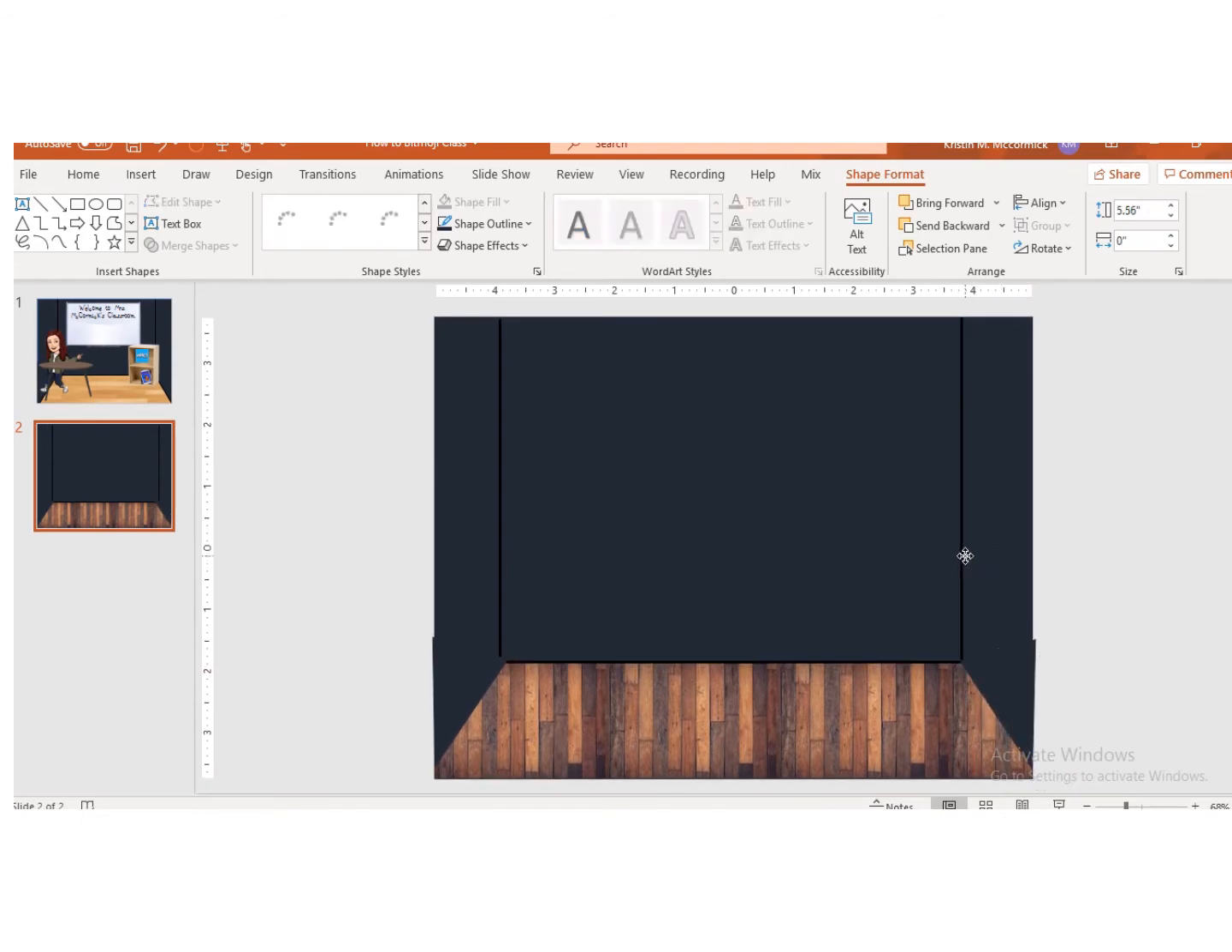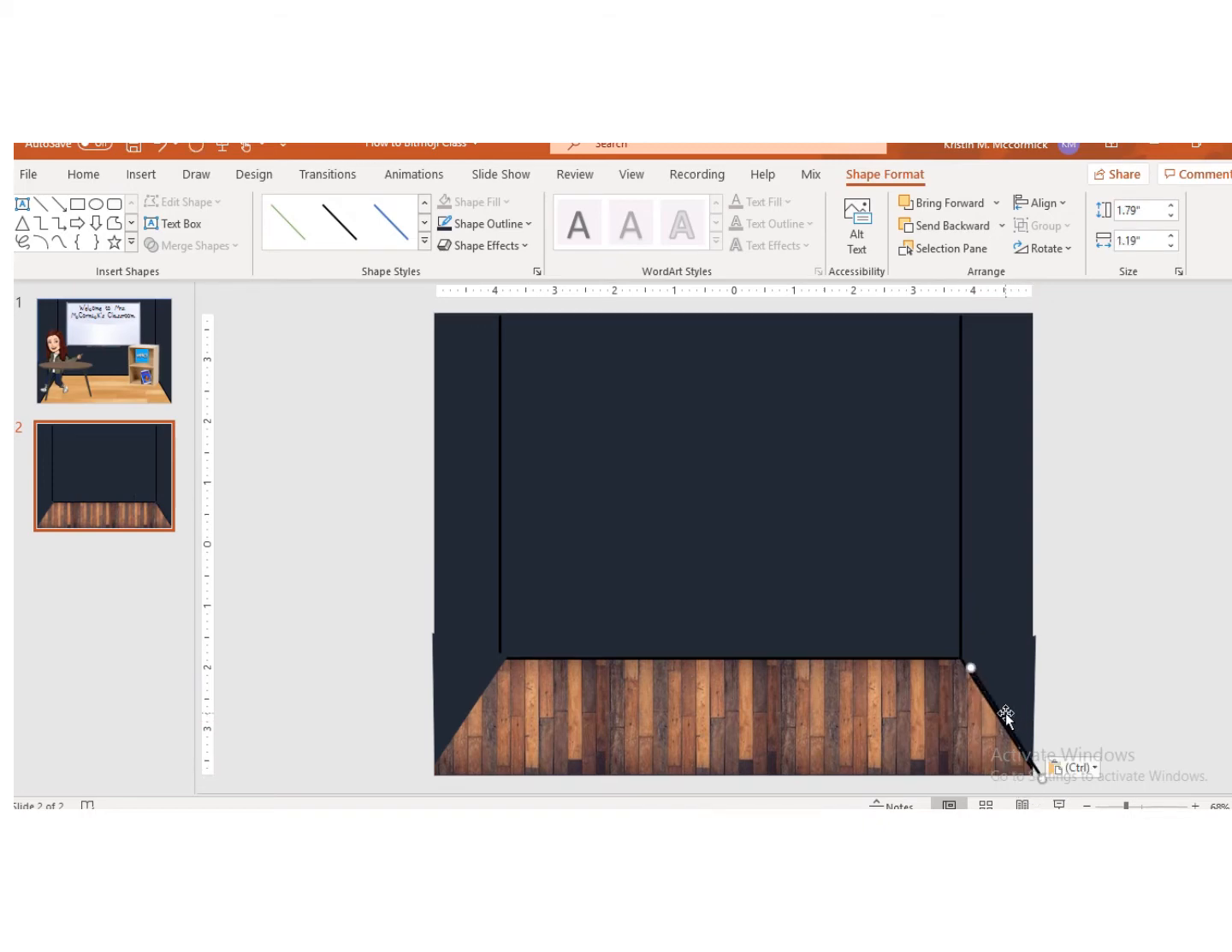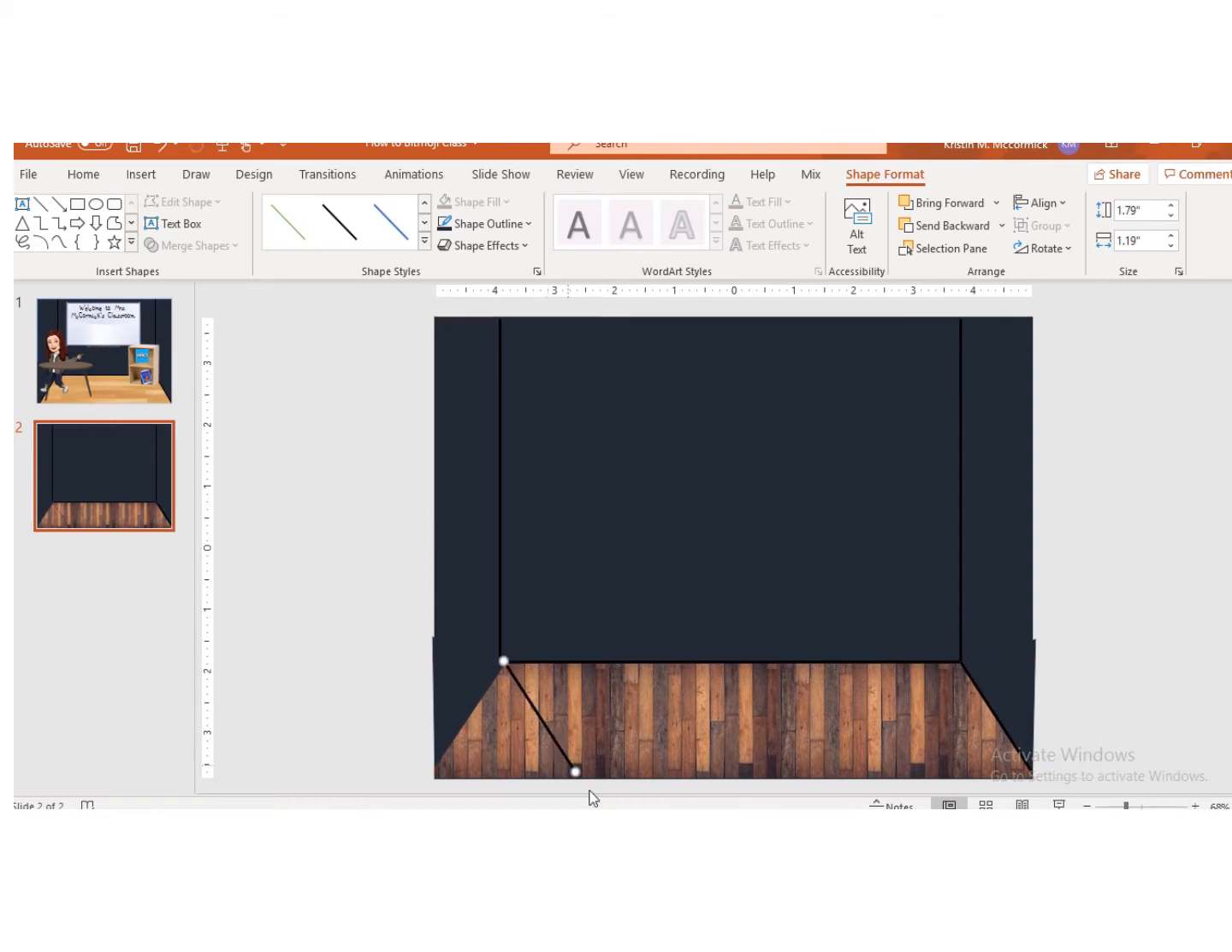And it might take some playing around with. That's totally fine. Okay, I want to add in a line to emphasize that curve. C and V, and put it on this side as well. If you have something that's hanging off a little bit, that's totally fine. It's not going to show up in the kids' PowerPoint, so